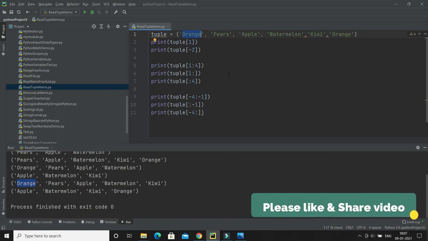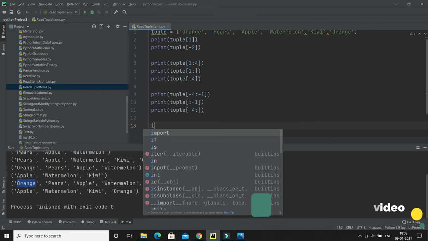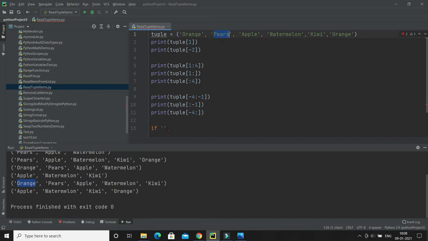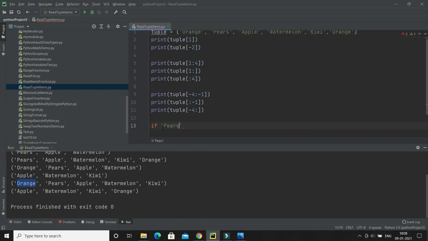Now let's say I would like to test whether a value exists in this tuple or not. Then you can use the in keyword. Like in an if condition, I'm going to check whether peers exists in this tuple or not. So I'll say peers in tuple.